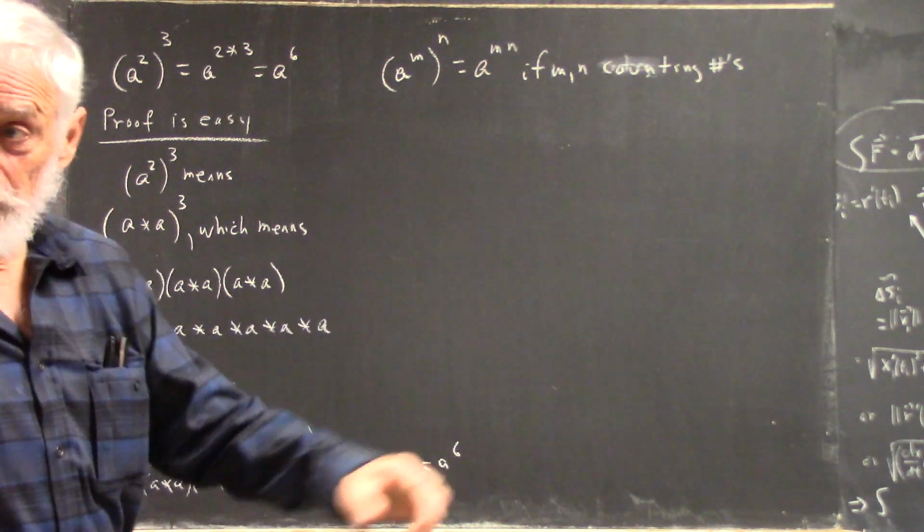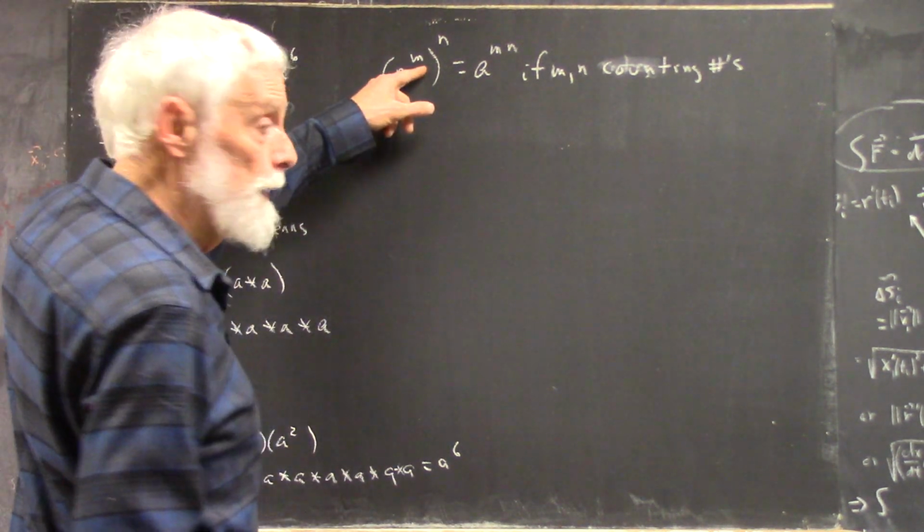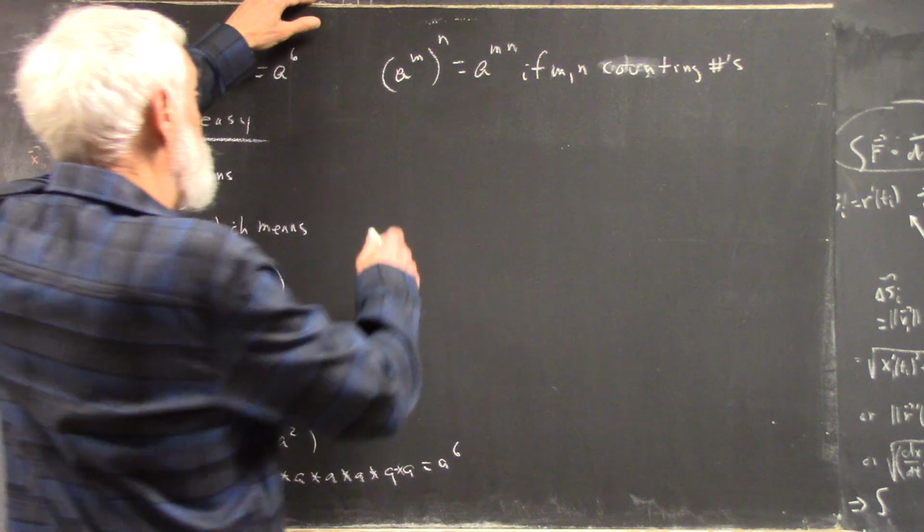For counting numbers, that's numbers like 1, 2, 3, 4, 5. Because now we can say that, okay, whatever m is, a to the m